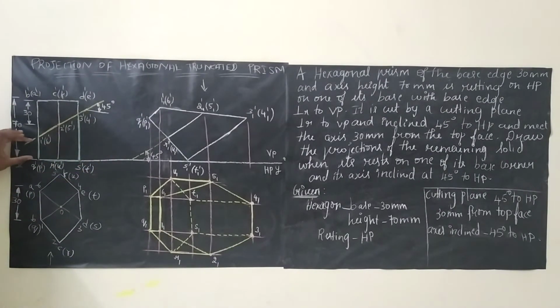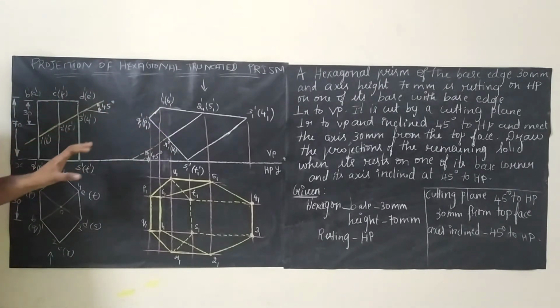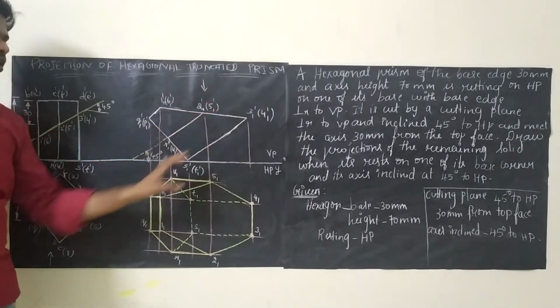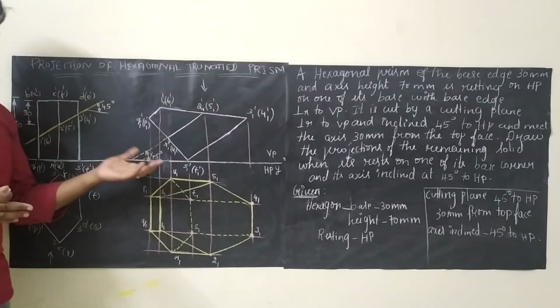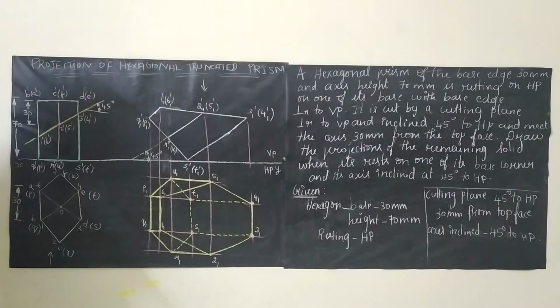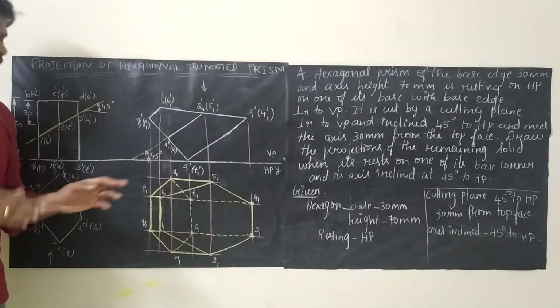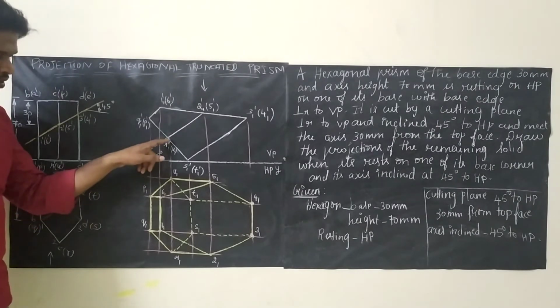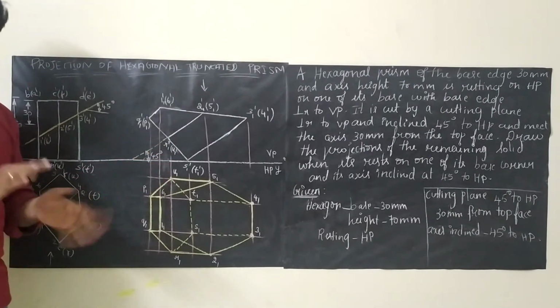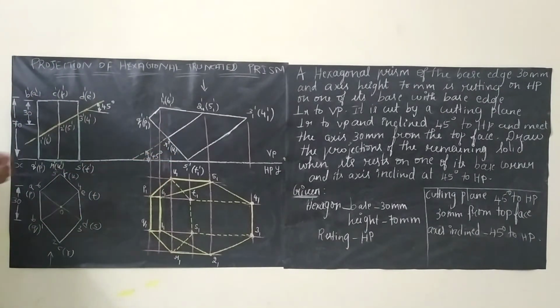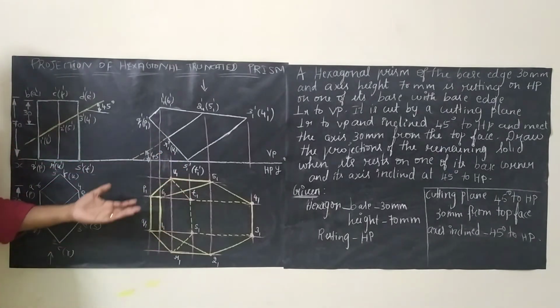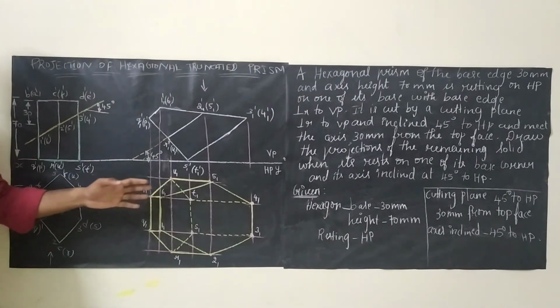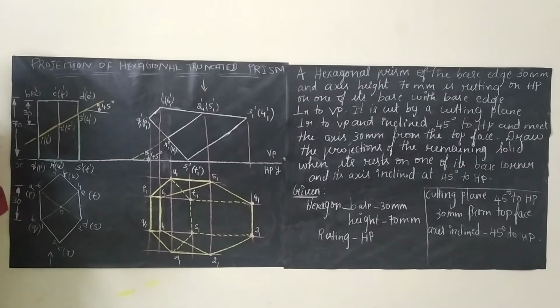Take your compass, measure this distance, and try to cut an arc. And from R, measure this distance and cut an arc. Similarly, using your compass, complete the remaining part of it, and obviously you will get a diagram like this. When you are dimensioning, you have to dimension only for the axis. So the axis is 45 degree. This one is 90, so automatically the base will be 45 degree. And that's it. Whatever solid you have got as the solution, you have to draw these things very darkly using your HB pencil.